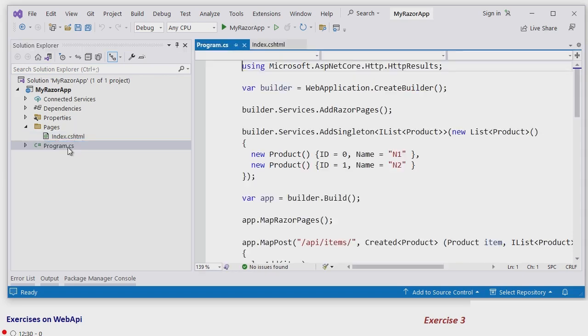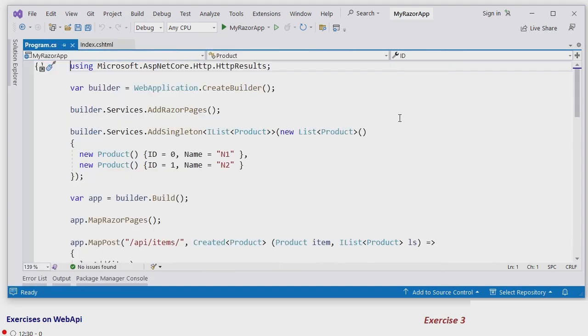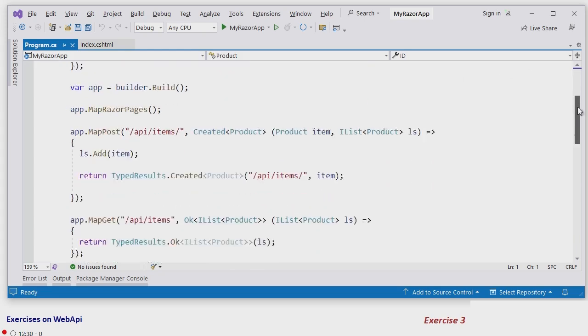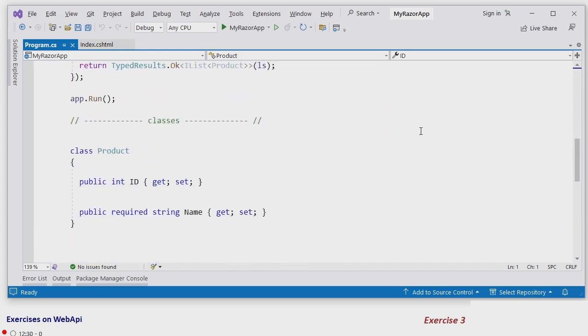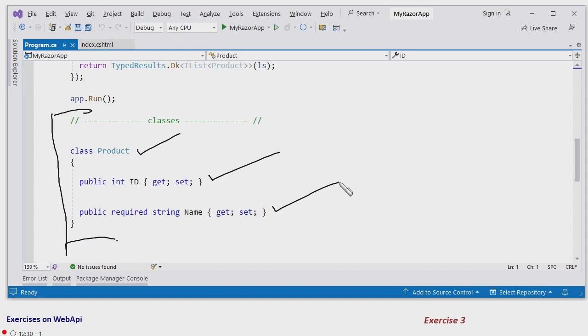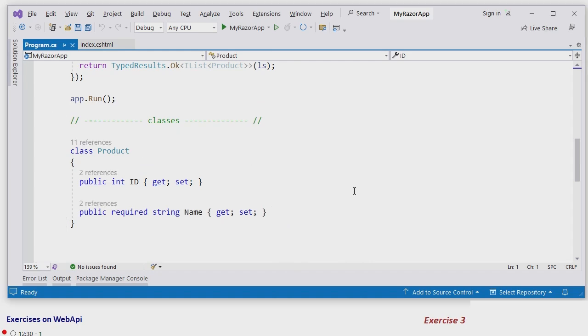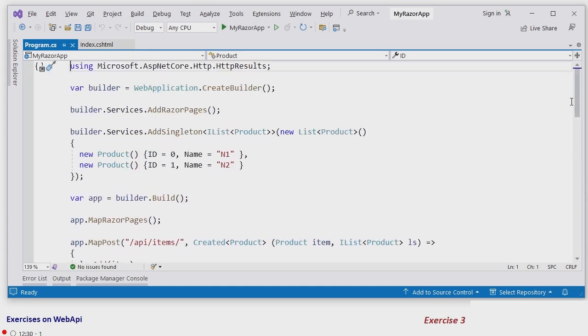Then we have this program.cs file, the main file that has create builder, razor pages, and let me show the class that we have added. At the end we have added a class Product, with ID and name,